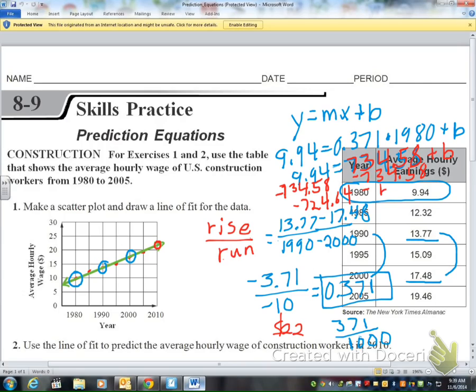So that's my b value. So plugging back into the equation, we now know that b is negative 724.64, and that our slope is 0.371. So, in our final form, our equation for our line would look like y equals 0.371x, the slope times x, plus the y-intercept, which is negative, so minus